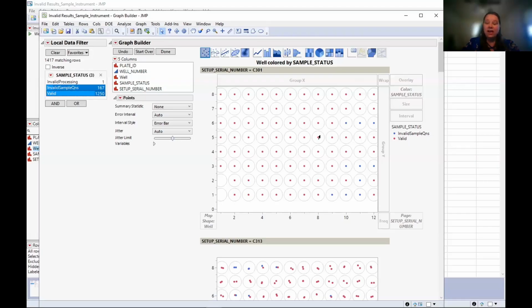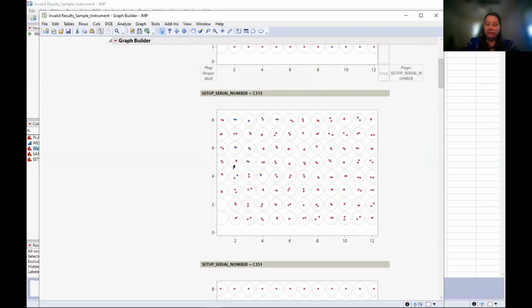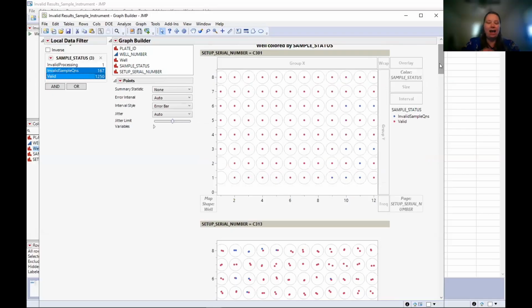You can see here on the top, this is a single run, and you can see that patterning of the invalids. On the second example here, there is a different patterning of invalids and also multiple runs. This is an example of a pre and a post test where we knew that there was a problem. We tested prior to maintenance and then retested after maintenance. You can see that the population didn't shift a lot. There was a little bit of movement,